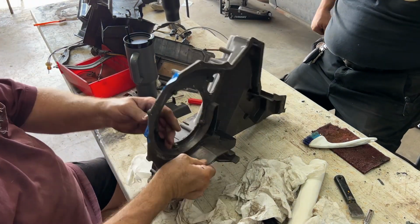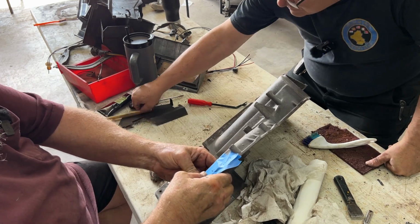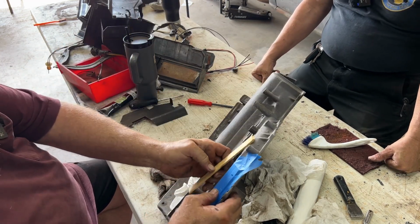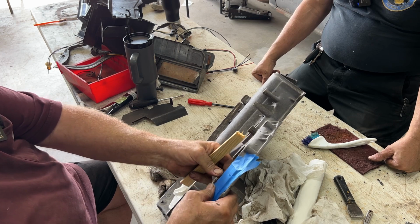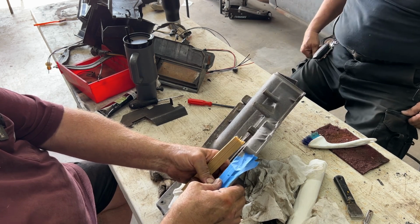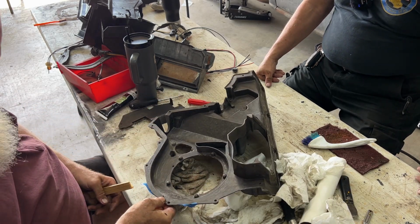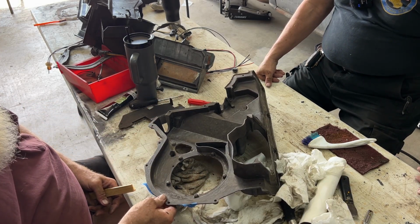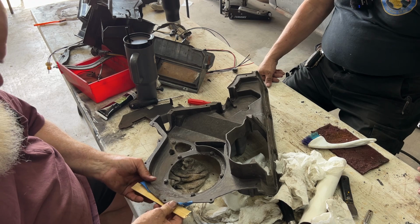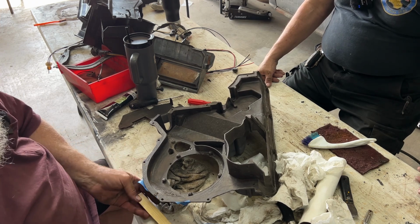What I have done is I have taped a paint stick to the back side of this to keep this section solid. And it feels pretty solid. But this piece up here is still movable. So what I'm going to do is I'm going to take a paint stick and we're going to clamp